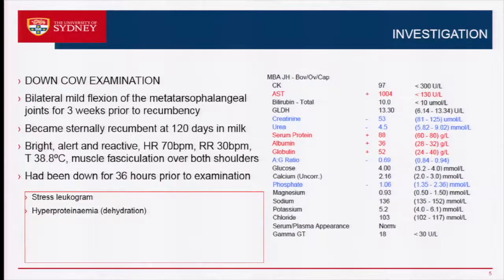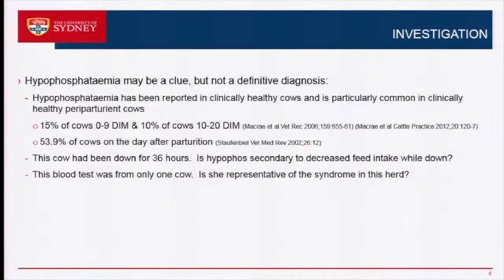Biochemistry results showed a moderate elevation in AST. Interestingly, the CK was within the normal range. A low albumin to globulin ratio, and a moderate hypophosphatemia. So at this point in time, we've just got to stop and remember that just because this one cow was